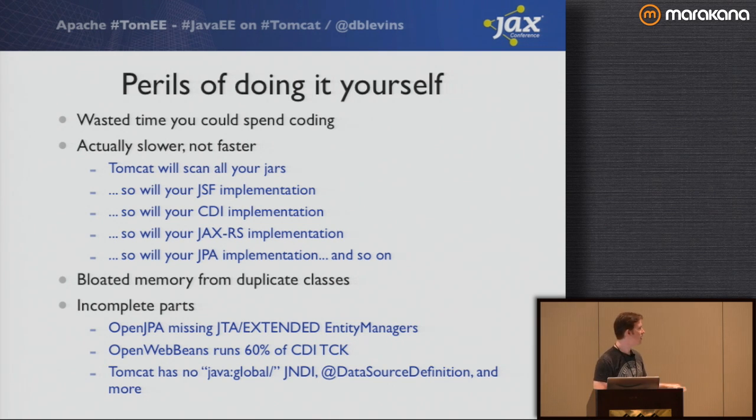Another thing is that there's a fallacy that if you drop OpenJPA, for example, into Tomcat, that you're getting 100% of JPA functionality. You're not. You cannot use @PersistenceContext in a Tomcat web application that has OpenJPA in it. It's impossible, because that requires a transaction manager, which requires logic to register the entity manager with the transaction manager, and then everybody who uses @PersistenceContext should get the same entity manager injected into them. So if they're all in the same transaction, they're all using the same entity manager, using the same database connection to the same database. That's a lot of integration you just do not get by throwing OpenJPA or Hibernate into